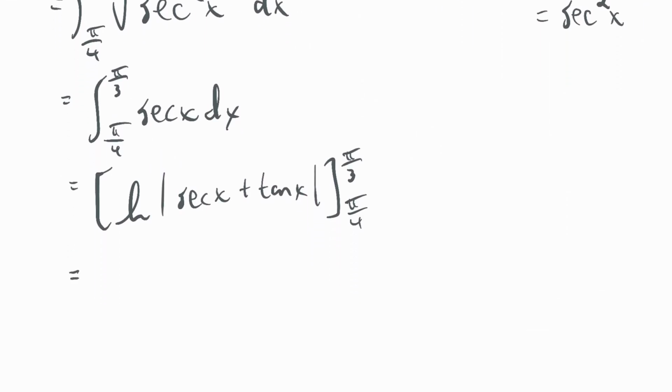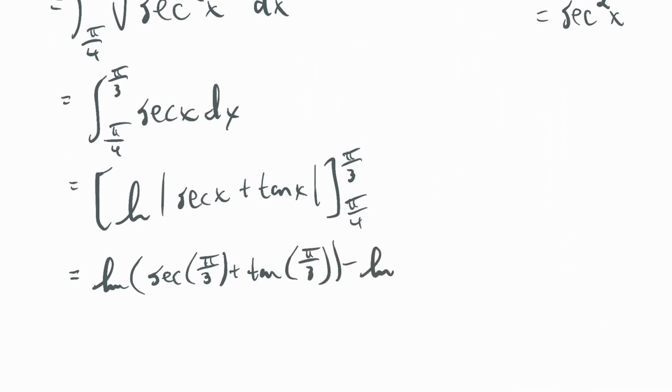So this is going to be ln of secant of pi over 3 plus tangent of pi over 3, minus ln of secant of pi over 4 plus tangent